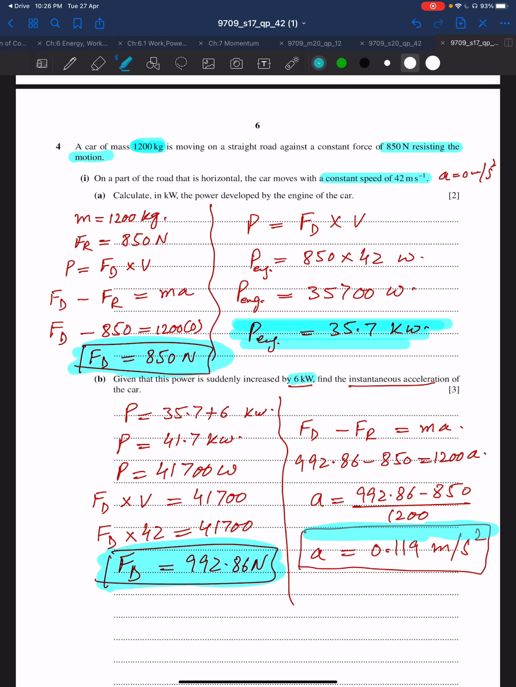Hope you have understood the concept. At the beginning, when the force is increased, at that time the velocity will be 42, so that will be the initial velocity. So that's why we have used the velocity 42 here, and then after that the velocity will be increased and it will start accelerating. Okay, in the next part,